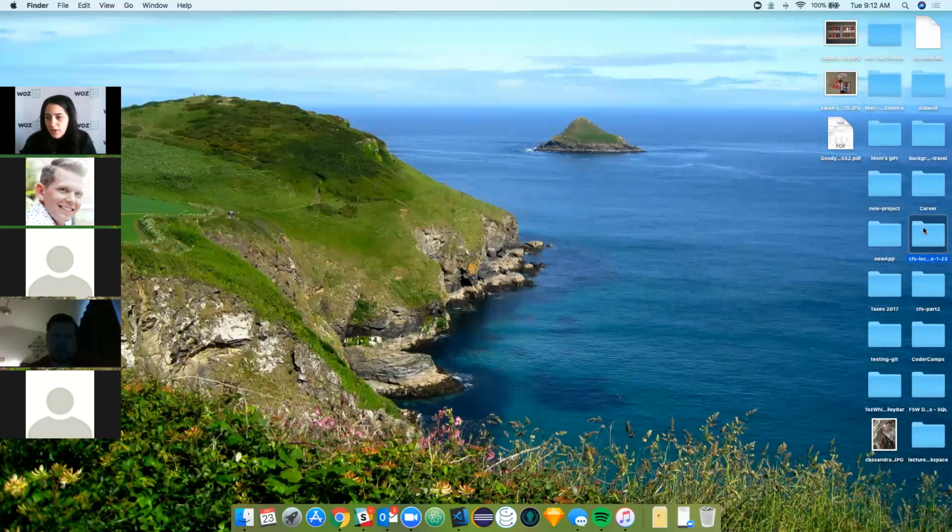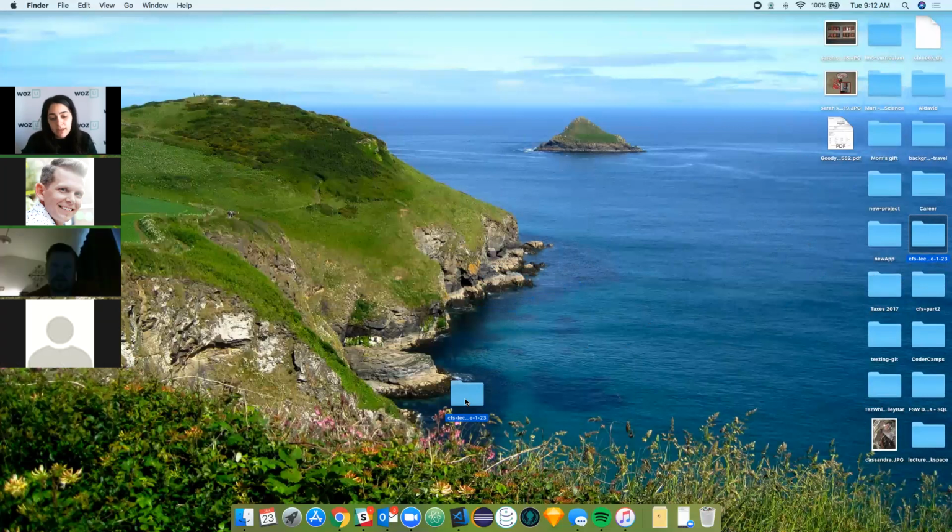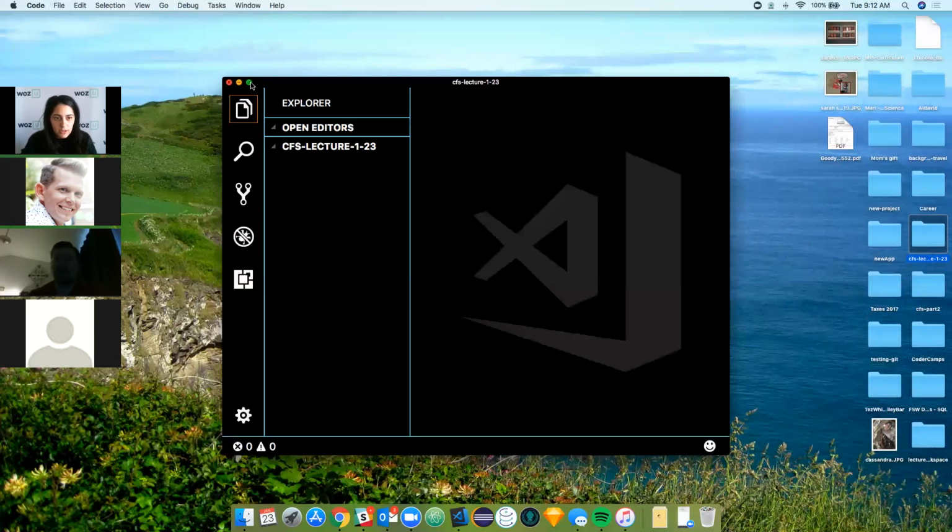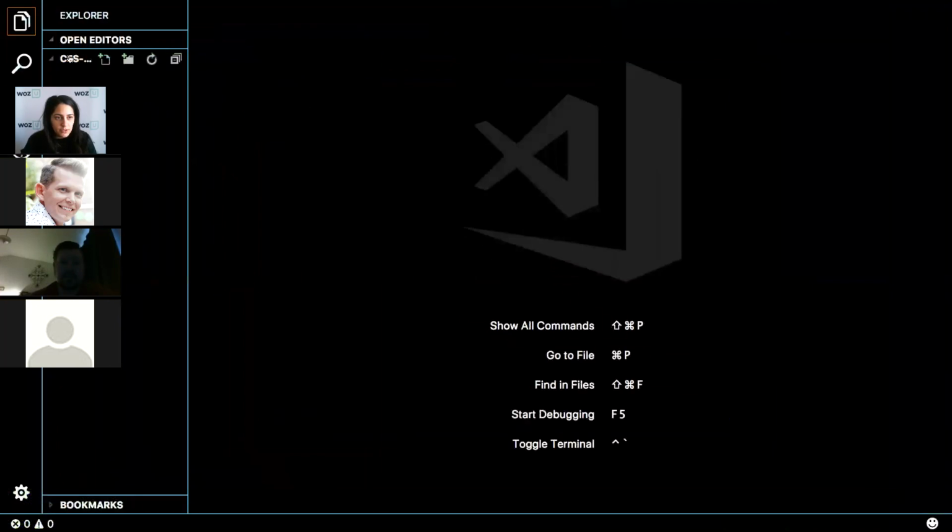and then I'm going to use Visual Studio Code. For CFS, coding from scratch, you're going to be working in browser, but if you want to be working in a text editor, I highly recommend Visual Studio Code. So I'm just going to drag this folder into this program here, and here we see my folder. Currently, there's not any files in there, so I'm going to go ahead and add my HTML file.